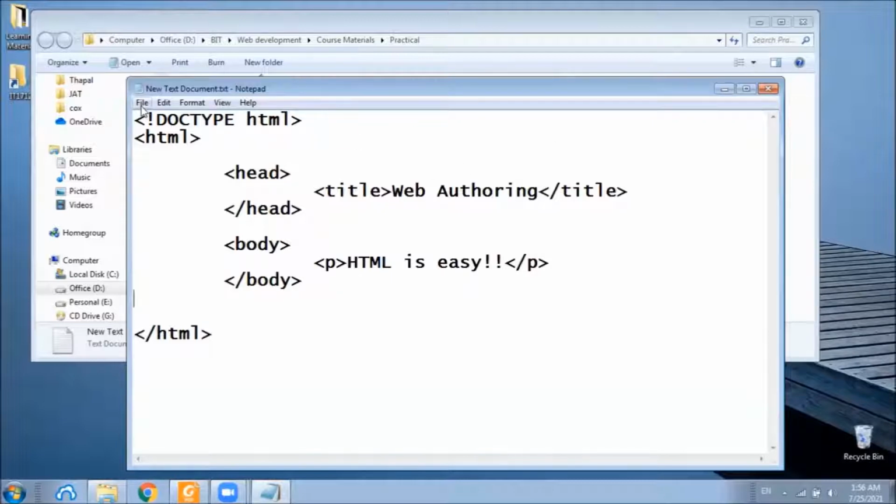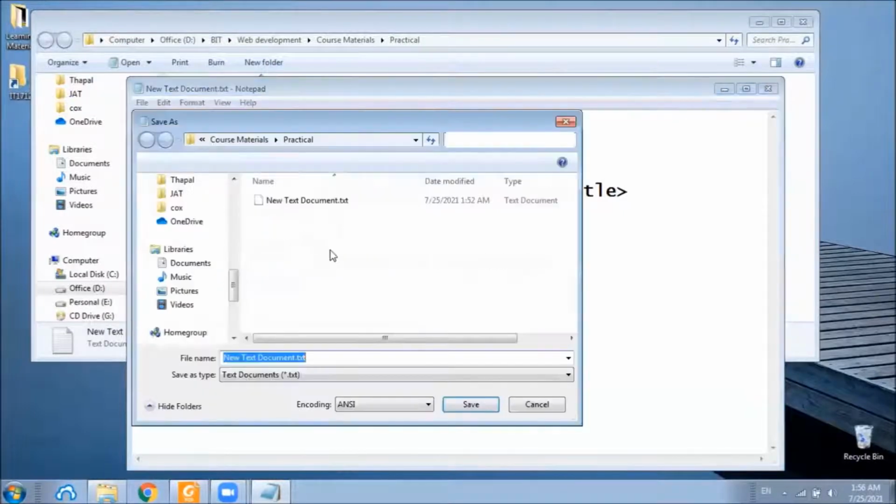In order to open this document using a web browser, we need to save it as an HTML document. In order to do that, I will go to the File menu and click on Save As and specify your name.